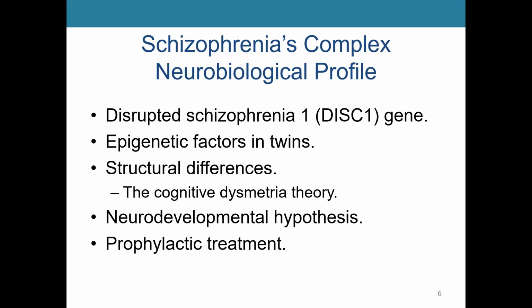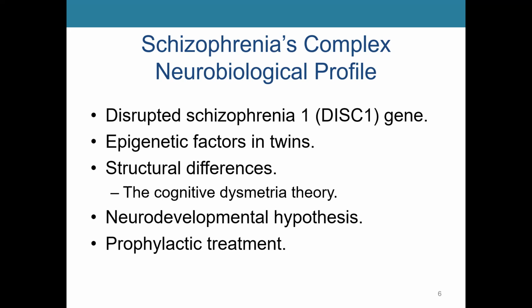The most consistent observations suggest reduced volume sizes of structures in the left hemisphere and the temporal lobe, if we're looking at the structural differences. Studies also find reduced volume of the frontal lobe, including the prefrontal cortex, and the thalamus in the left hemisphere, and reduced connectivity from the thalamus to the cerebellum.